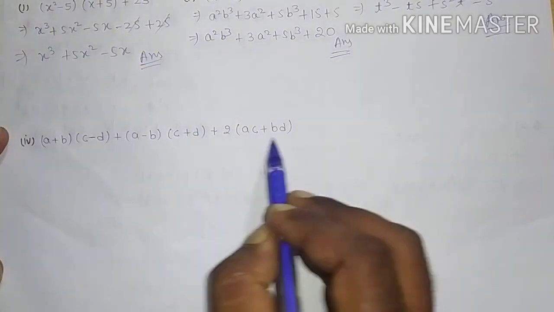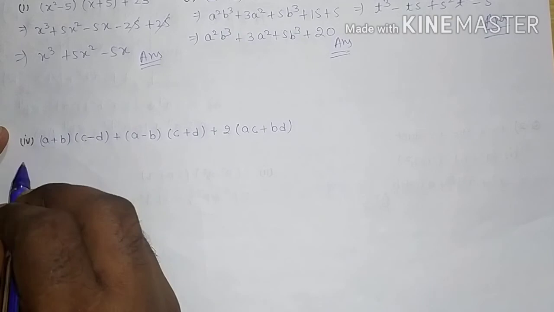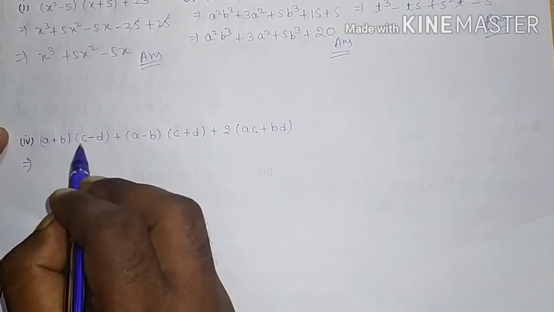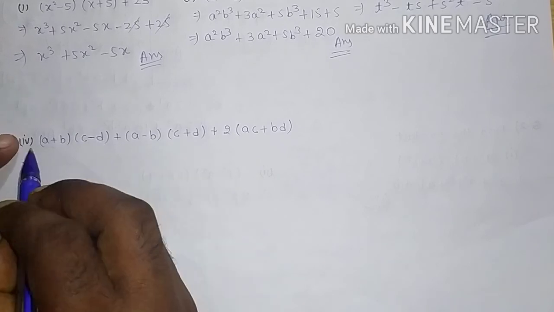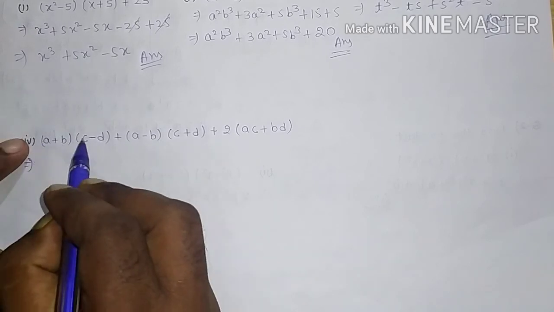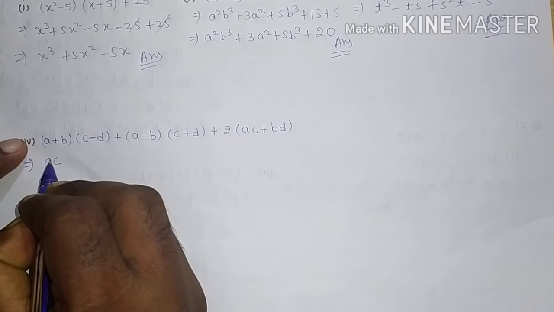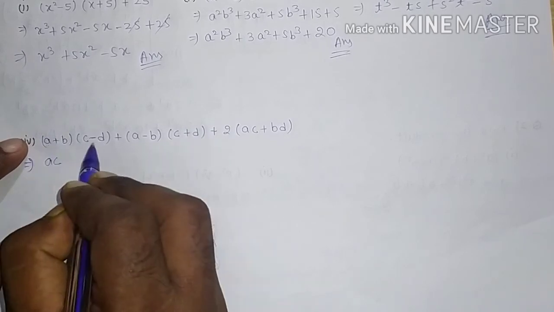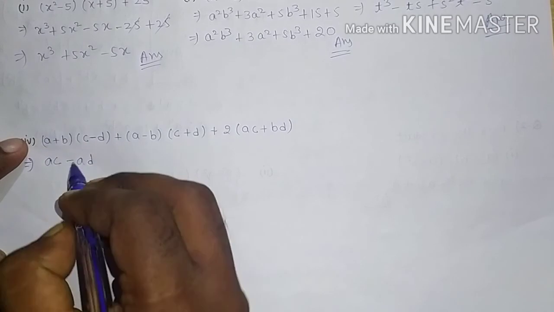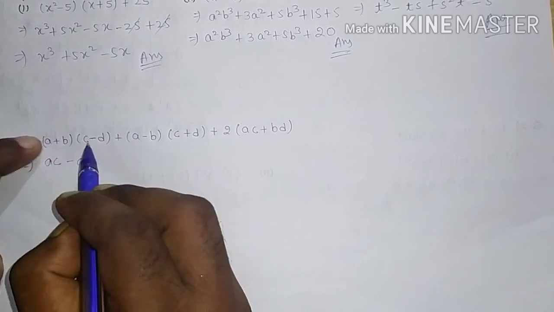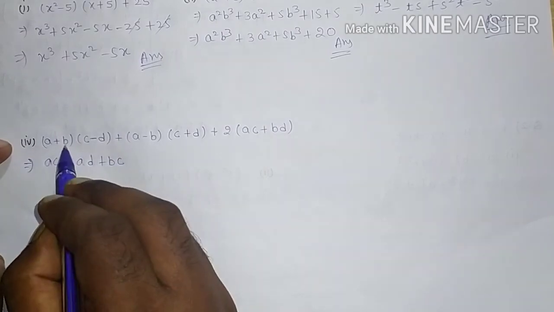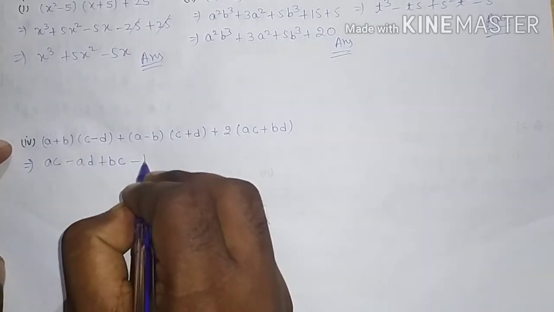This expression is given, we have to solve it. So simply a plus b into c minus d. So a into c, it will be ac. A into minus d, so it will be minus ad. Similarly b into c, so it will be plus bc. B into minus d, so it will be minus bd,